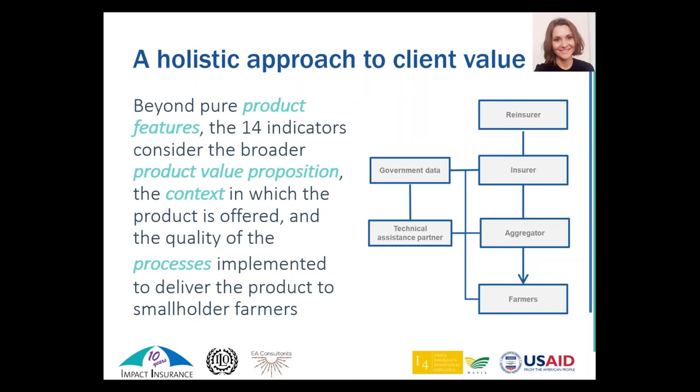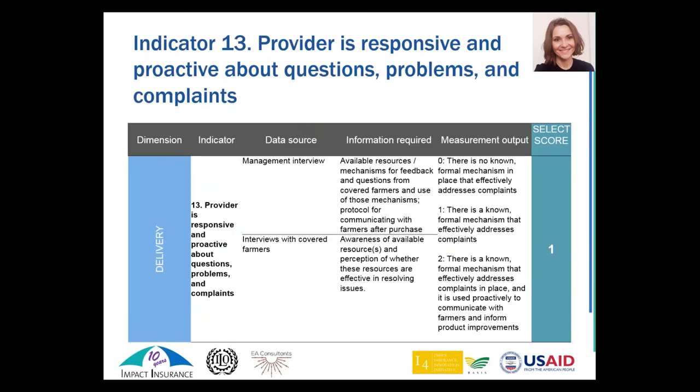I'll move to another example. This time in the delivery dimension. So indicator 13, for example, will assess whether a mechanism is in place to address questions and complaints that farmers may have.